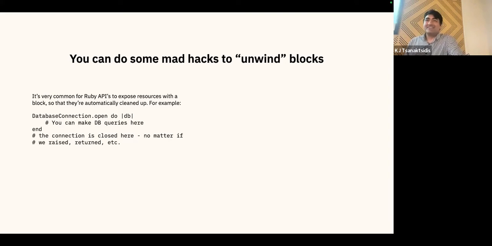You've got some resource that you really want to make sure is cleaned up, right? You want to make sure your database connections are closed when you're done with them. You want to make sure your sockets are closed, and your temporary files are deleted when you don't need them anymore. And obviously, if you just have the resource and throw an exception, you might forget to clean it up. You need to put an ensure block in there and make sure you call close and handle all the errors. But to make this easy, lots and lots of APIs